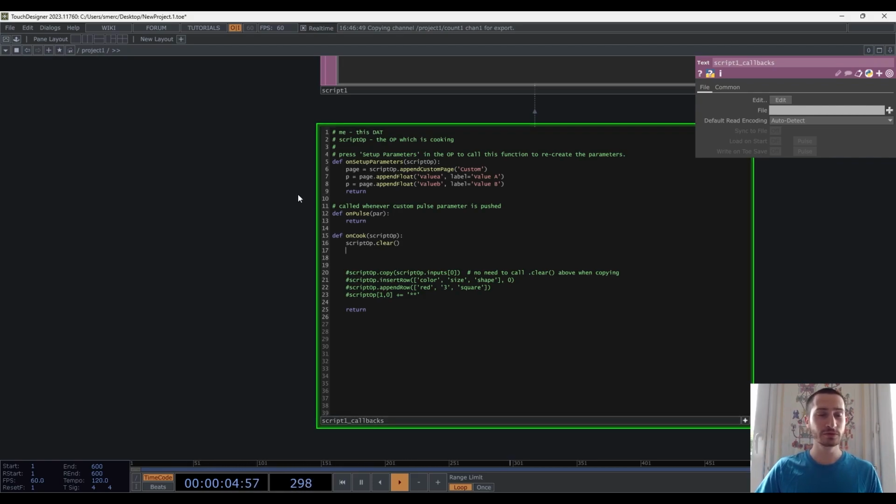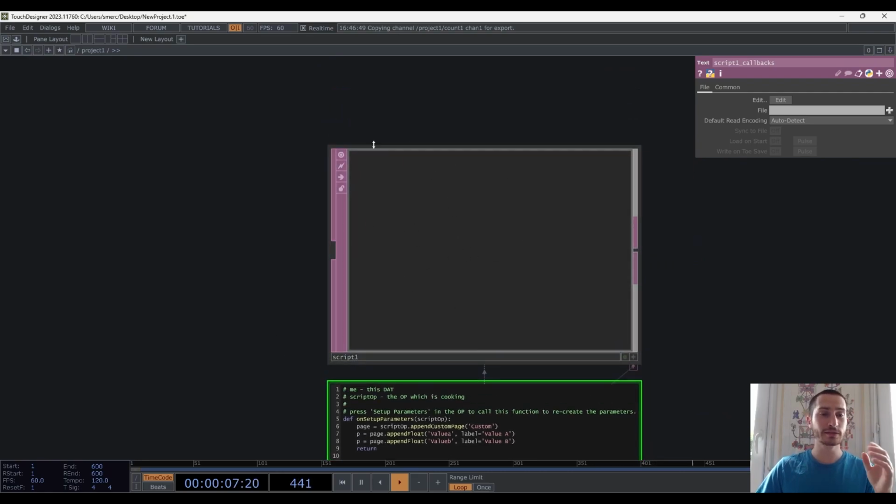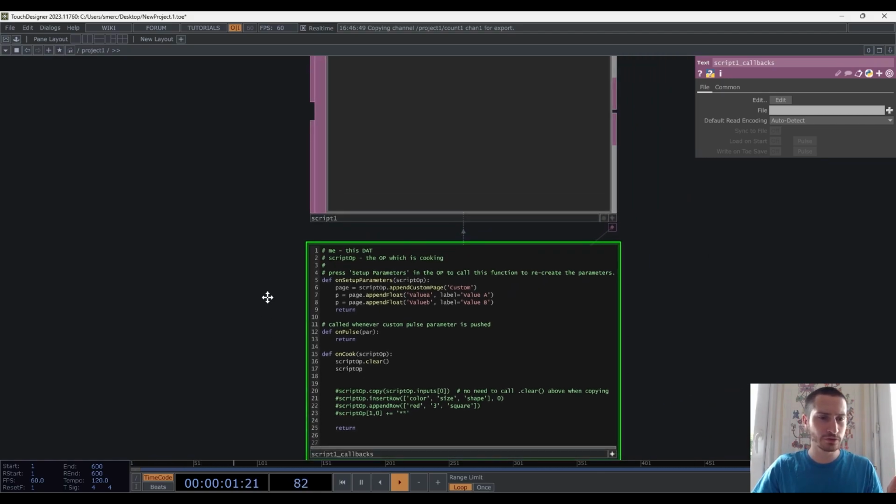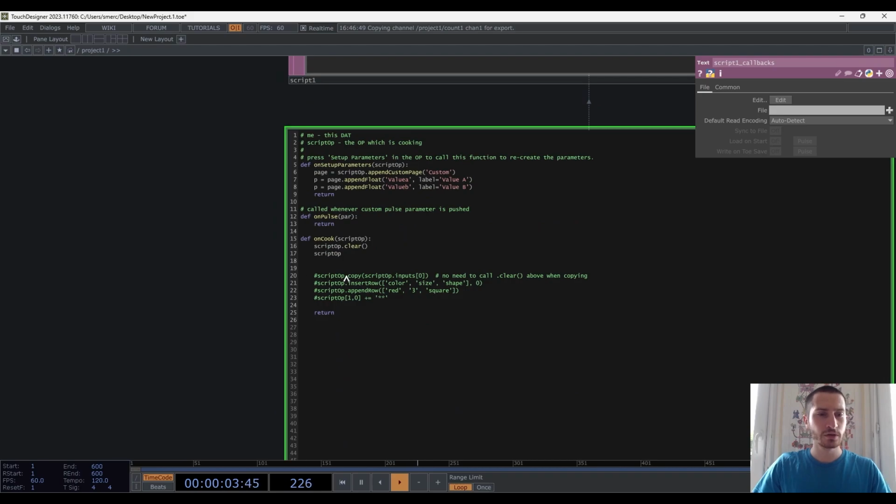First thing we need to do is to create a cell here to display our number. So we're writing here script OP, script operator, script OP. So the script operator just above. We are not in the script operator. We are writing in the script callbacks. So we are telling the script operator to create a